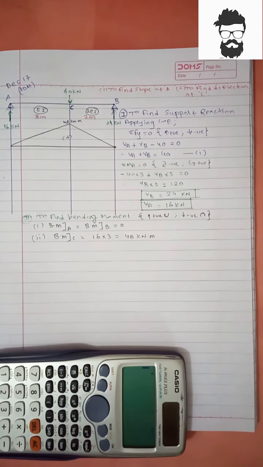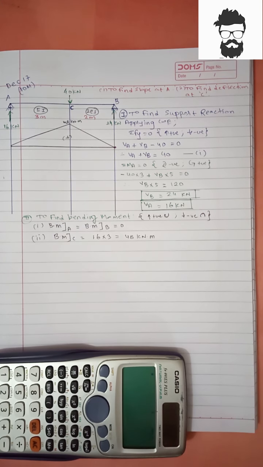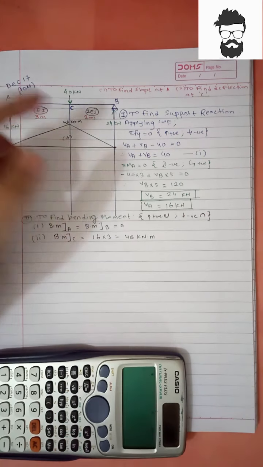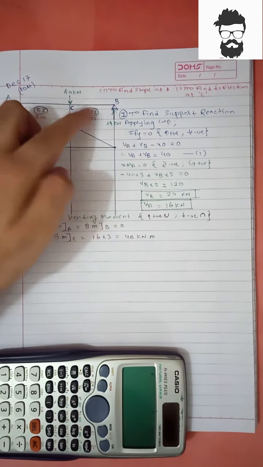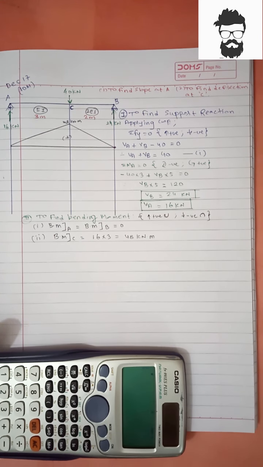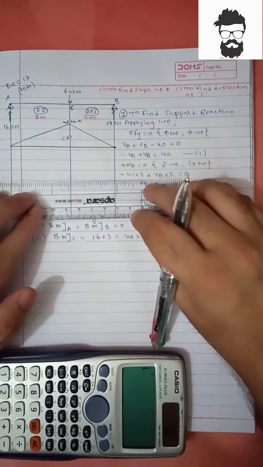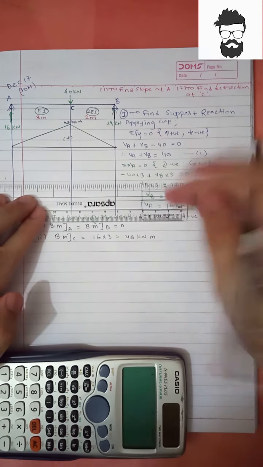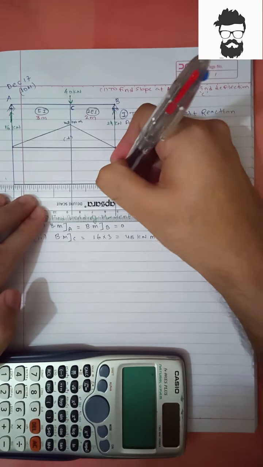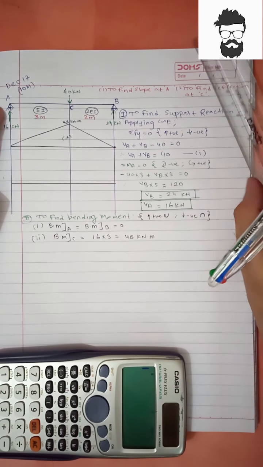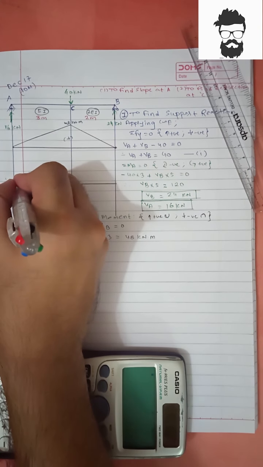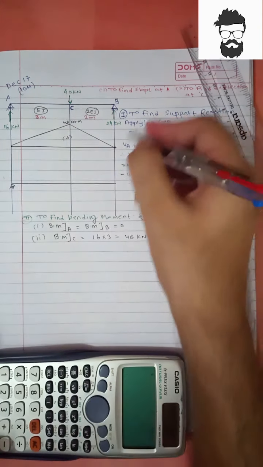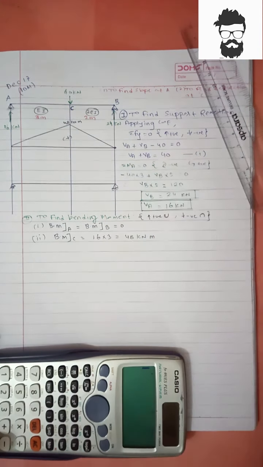Now the next step was to draw the conjugate beam, and after drawing the conjugate beam we need to convert this diagram into the M by EI diagram. So let us see that. First we'll draw the conjugate beam. For this we need to replace the real beam with the conjugate beam. I have told you in the previous lecture, whenever we draw a conjugate beam, we always start from the extreme ends. Our extreme ends are A and B. At end A there is a hinge support, and we'll never convert or change a hinge support. So the hinge support will remain hinge and the roller will become roller.